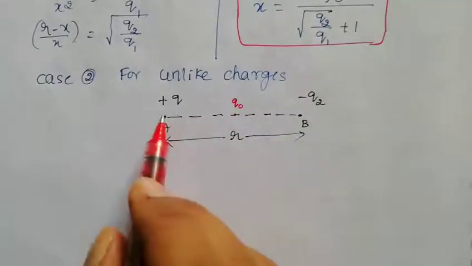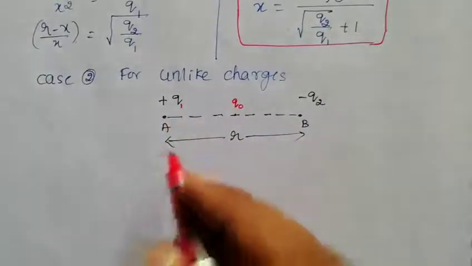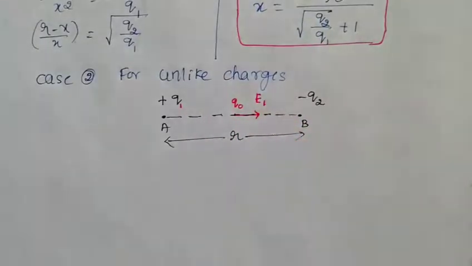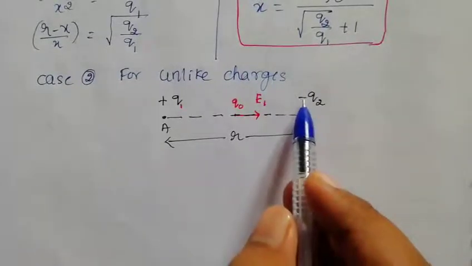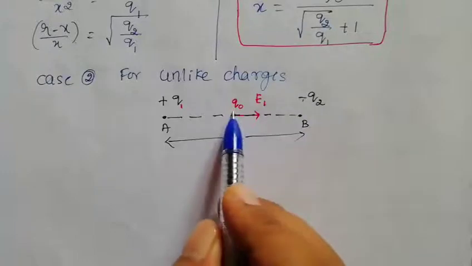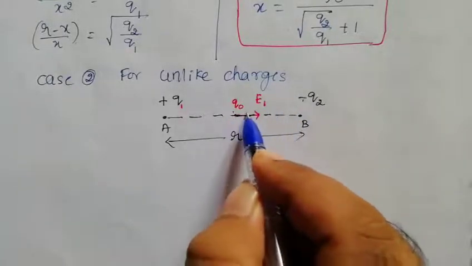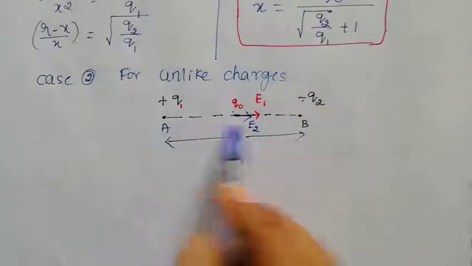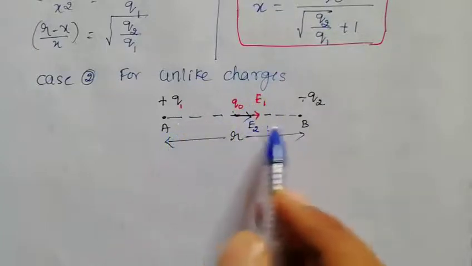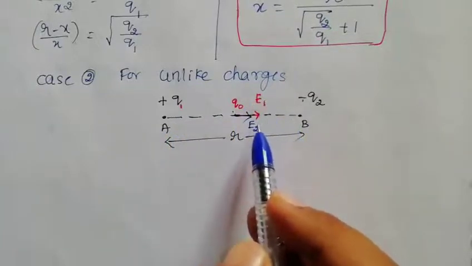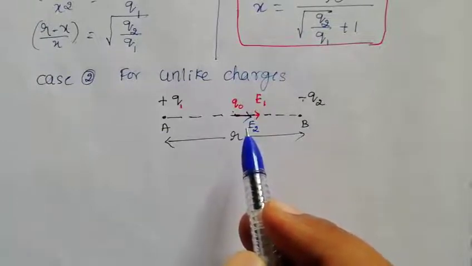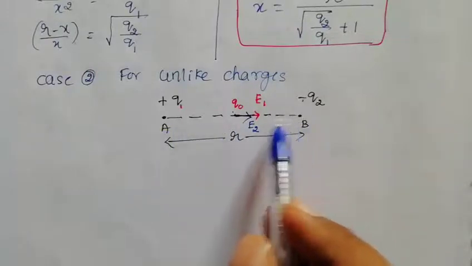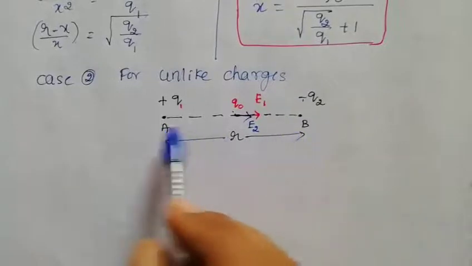No, it is not, because if I take a point somewhere in between, with a test charge q0, the electric field due to the plus charge, a positive charge, will be in the direction of repulsion. And the electric field due to the second charge, since it is a negative charge, negative will attract positive, so it will be in the same direction. So in between anywhere you can take, the electric field is always towards the negative charge. So the electric fields due to the first and second add up vectorially and never cancel each other. So the conclusion is we cannot find a neutral point in between unlike charges.